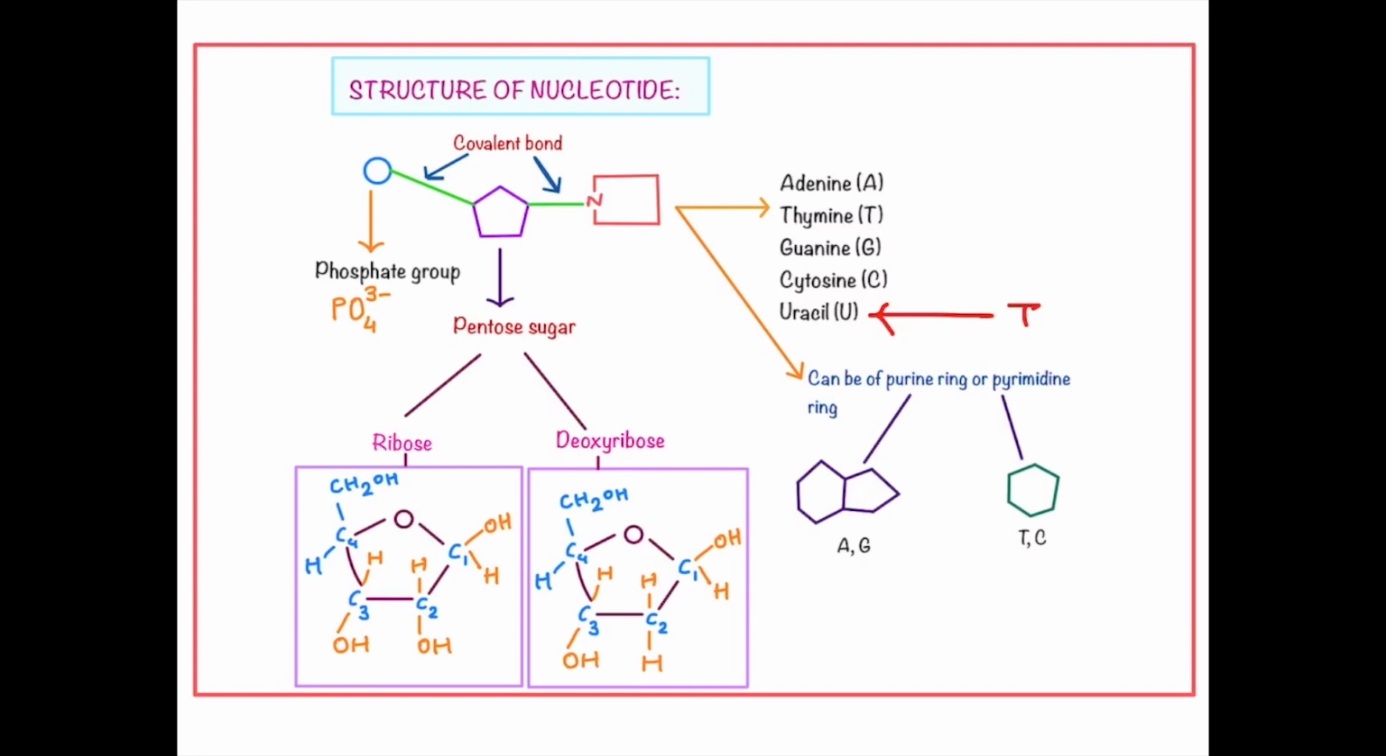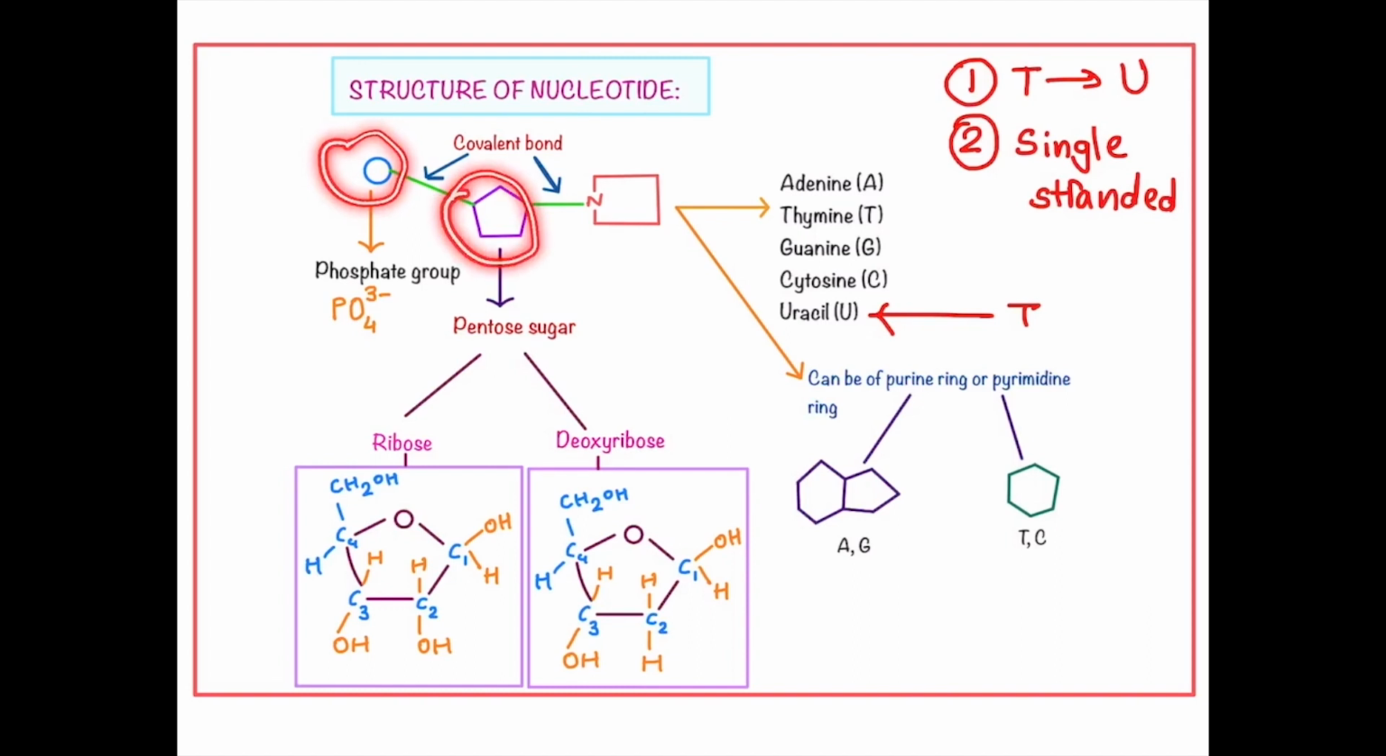Another difference is DNA is double-stranded, RNA is a single-stranded molecule. So these are the two differences between the DNA and RNA. First one is T is replaced by U. Second one, RNA is a single-stranded molecule. Clear? Okay. So these are about the three elements which are present in a particular nucleotide: phosphate group, pentose sugar,